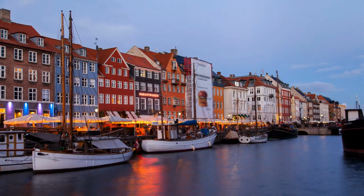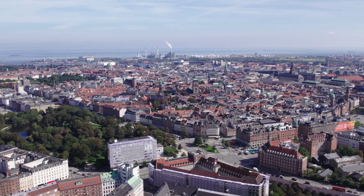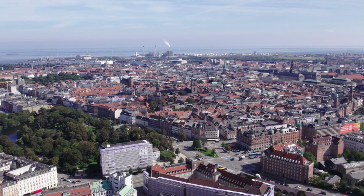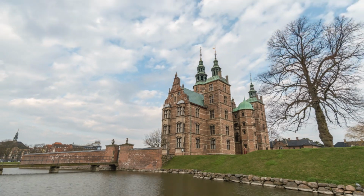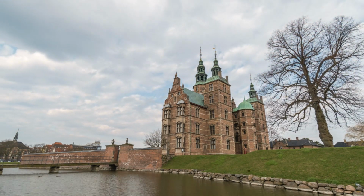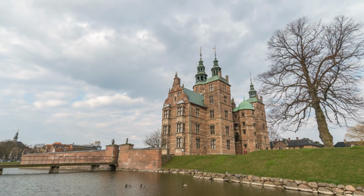Copenhagen in 3 days packed itinerary. You'll be amazed how much you can pack into 3 days in Copenhagen using this itinerary. It includes top museums like Carlsberg Glyptotek Museum, the National Gallery of Denmark, the National Museum, and the Danish Design